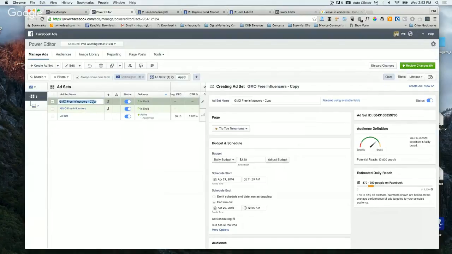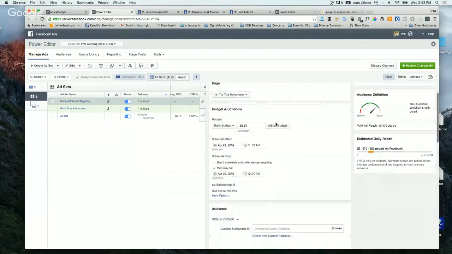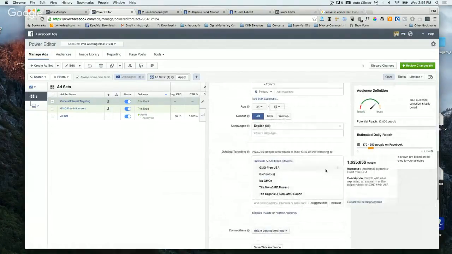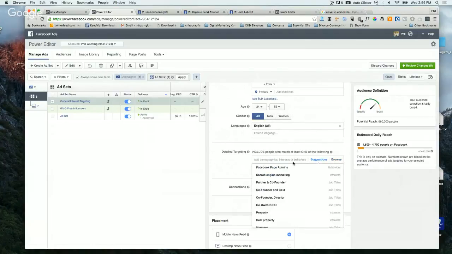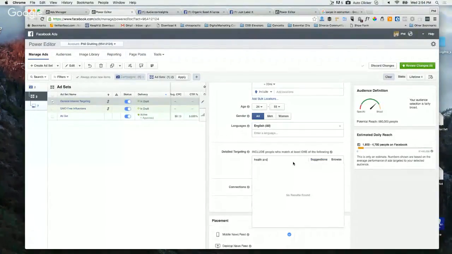And then you're going to rename it. And this time we're just going to do general interest targeting. And I'm going to use some general interest targeting. So rather than using these influencers, I'm going to use general interests like health and wellness,